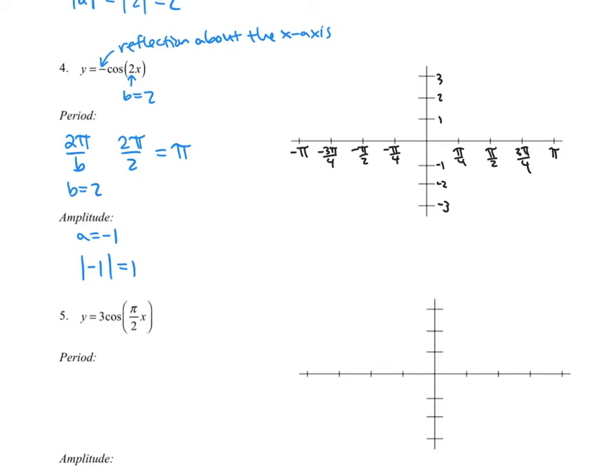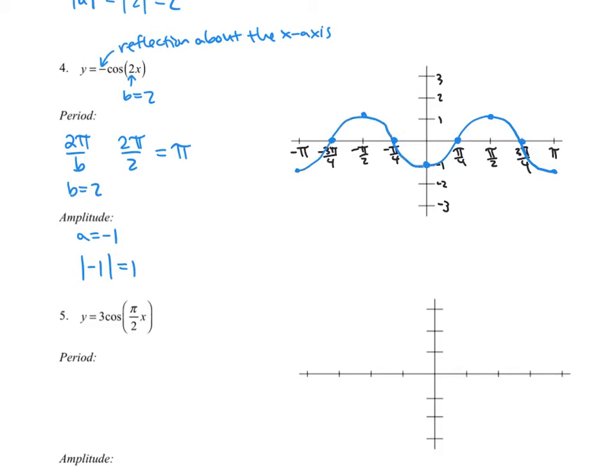Now, our first point for cosine is normally at up 1, but this graph is being reflected over the x-axis. So instead, I'm going to start down 1, below the x-axis, because of that reflection. Now, then I just follow the pattern. So I go up to the axis, up 1 unit, back to the axis, down 1 unit. And that would be 1 complete cycle with a period of pi. And then I do the same thing: up, back to the axis, down below on the other side, so that